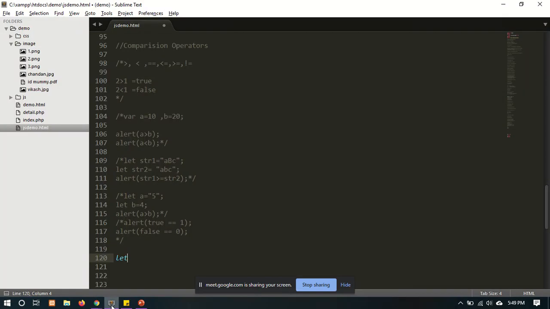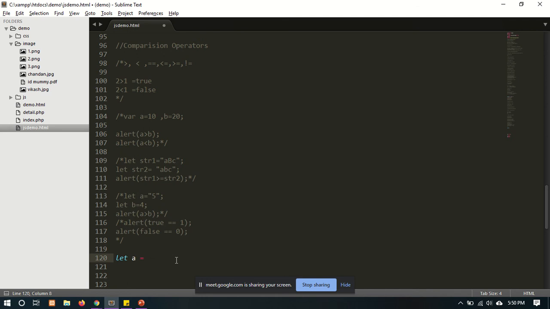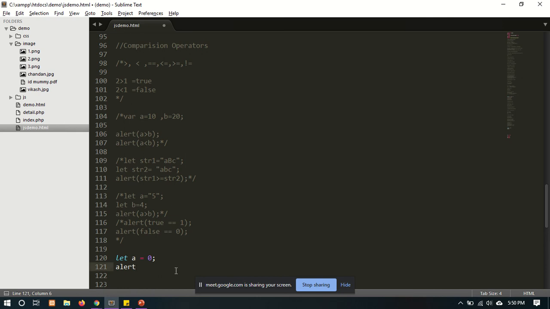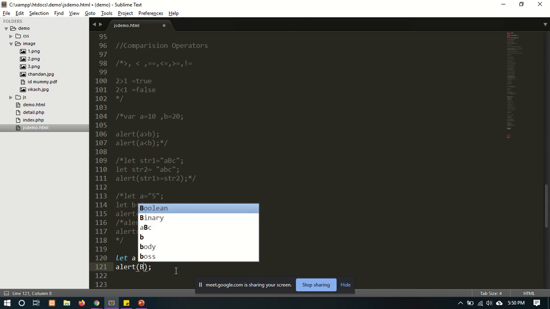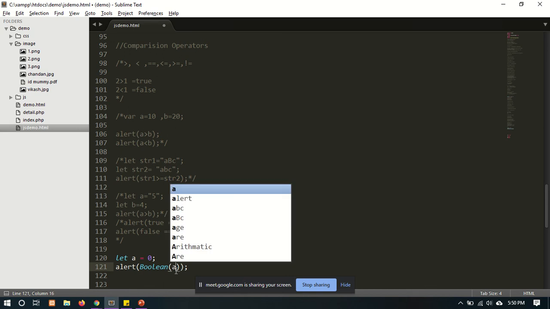Yes, now we are going to take one example with the type conversion and the comparison operator. Now we are going to check: let a is equal to 0. We are assigning 0 in a. Next, alert Boolean(a).